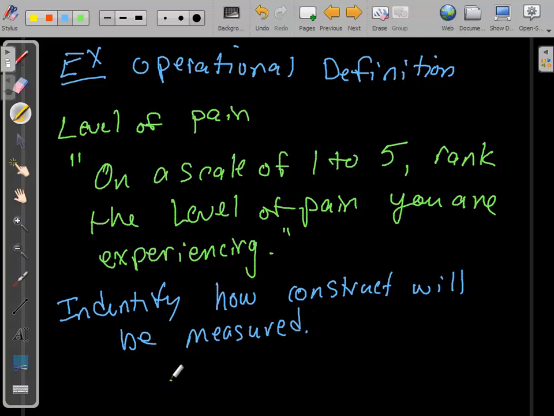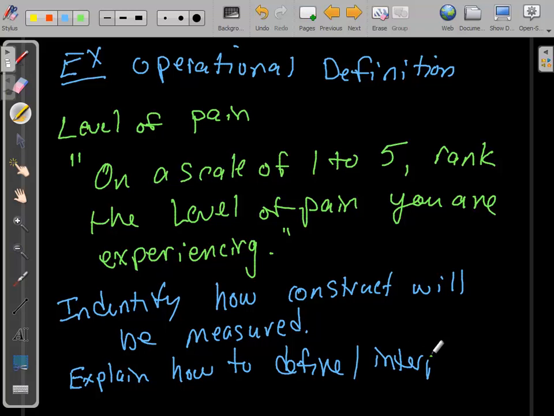And it also must give us a way to define or interpret these results. Okay,